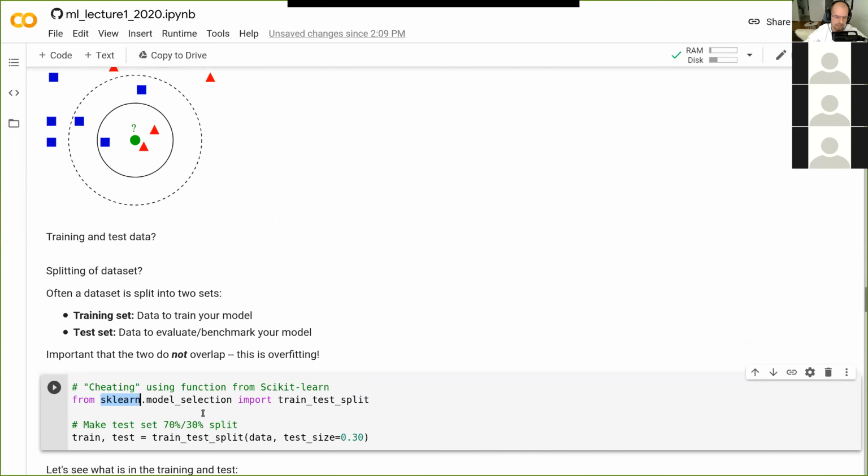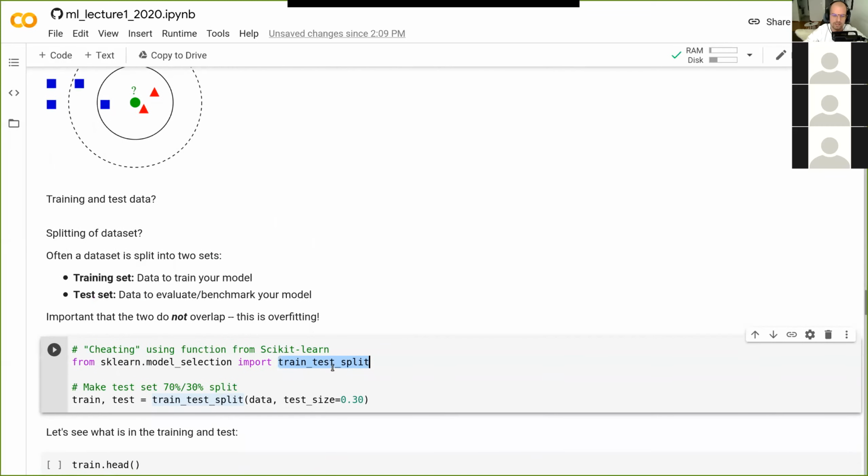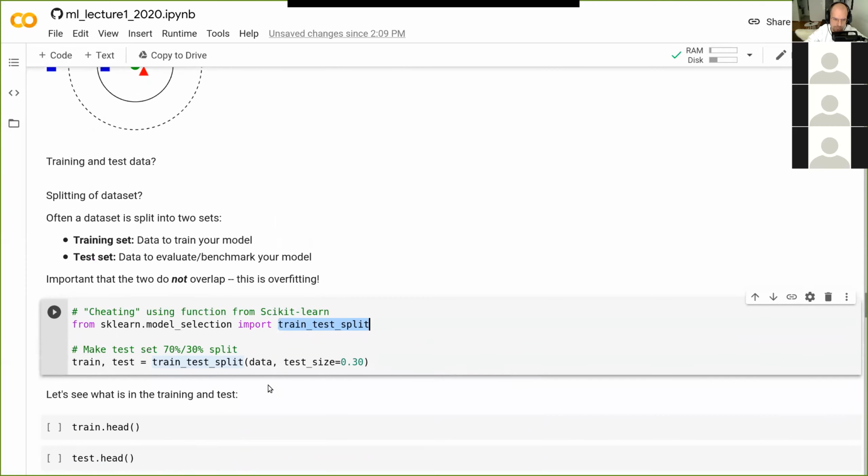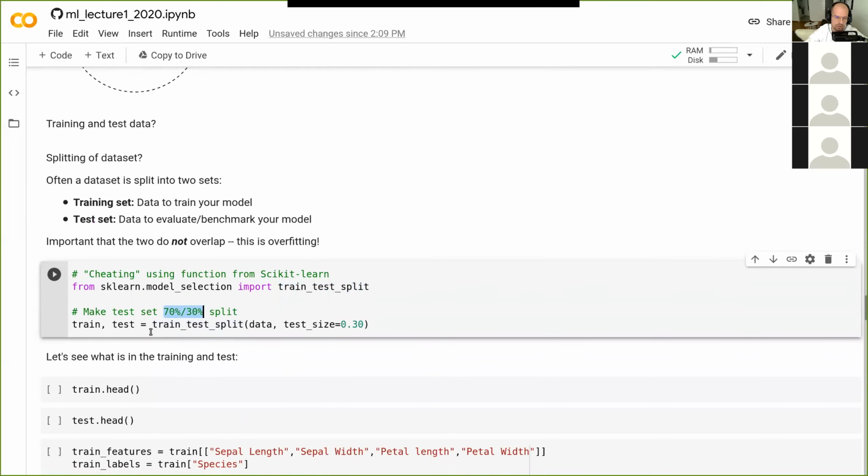So scikit-learn has a function called train test split, and it takes a Python or a pandas data frame, and then it splits it in 2, so a test set and a training set. So for example, one common way to split it is 70-30. You could also choose 50 and 20 or something. Doesn't matter. It depends on what your data is and what you want to use it for.